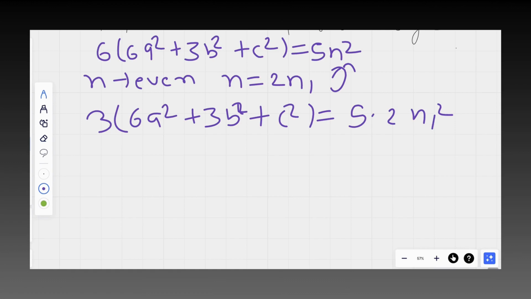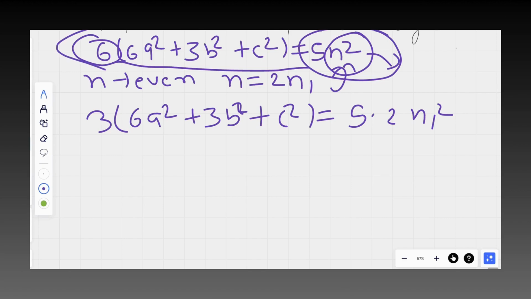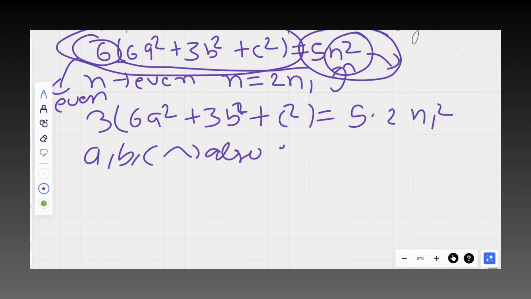Okay, wait, n is even because this side is 6, so this should be even, otherwise this whole will be odd and this whole will become even. So now we have to prove a, b, c are also even. Then assume that all a, b and c are odd